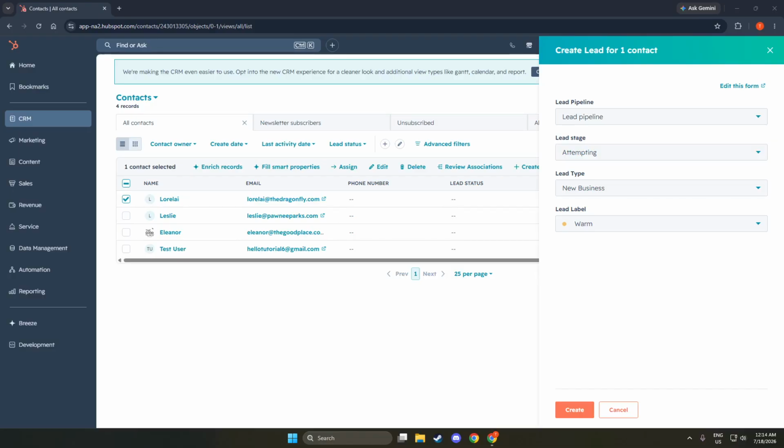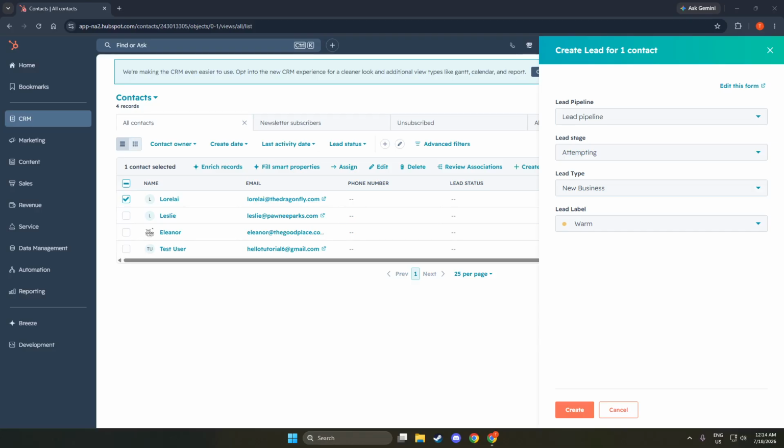From there, select the contact or company. You will see options to either create a new contact or choose from existing ones. If you have existing contacts that you want to associate with this lead, simply click on their name. If it's a new lead, you can enter their details directly. This selection is vital because it helps you keep track of which leads are connected to which contacts or companies. This clarity is key to effective communication and follow-up.